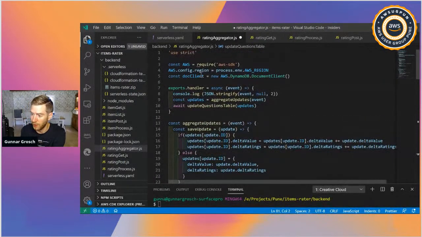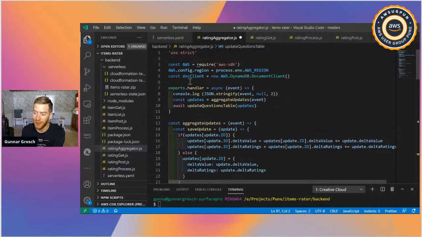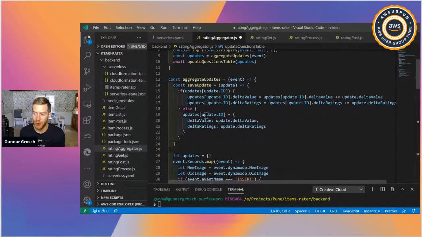And this one is a bit longer, but it's not that complicated either. This is code that I, in big parts, copied off of James Beswick, a project he did, which had the same type of aggregate functionality. But what it does is that the stream that's coming in as the event, it's going through the stream and aggregating the updates first of